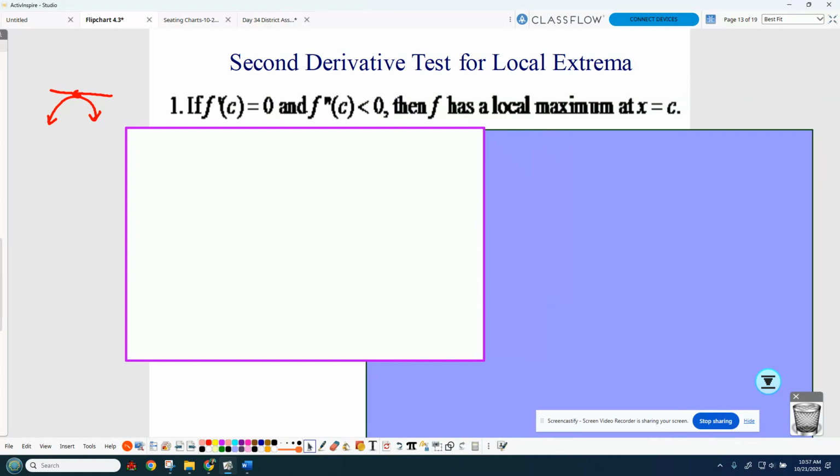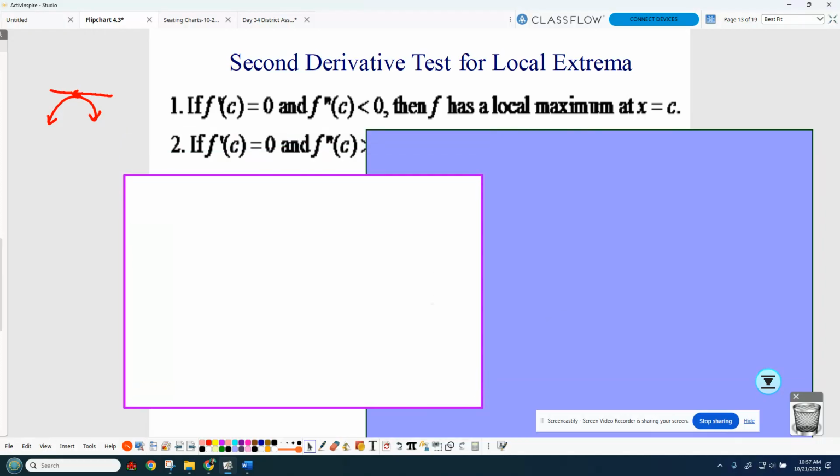And there are times that they will give you information, they won't give you the whole function. Okay,